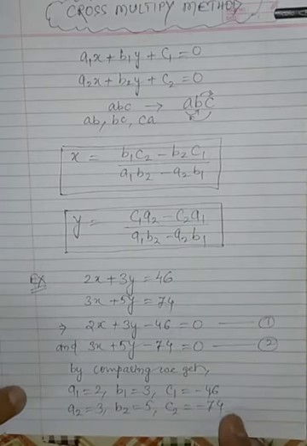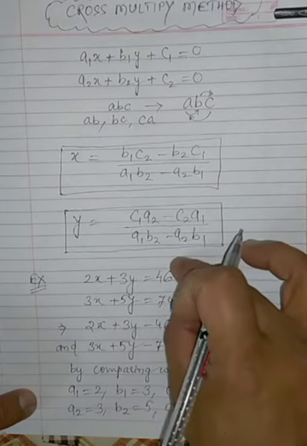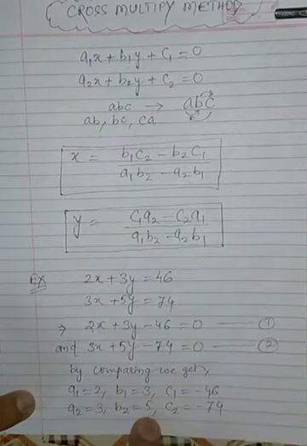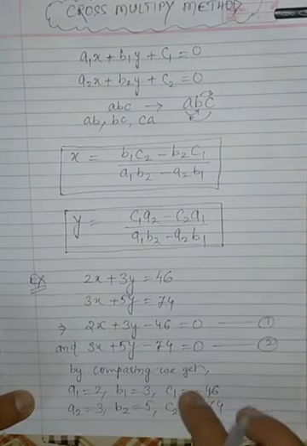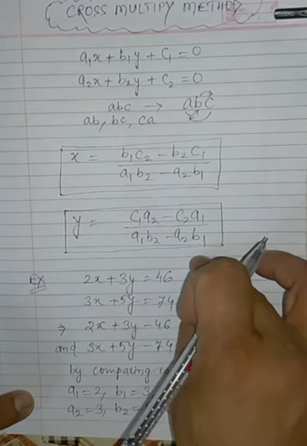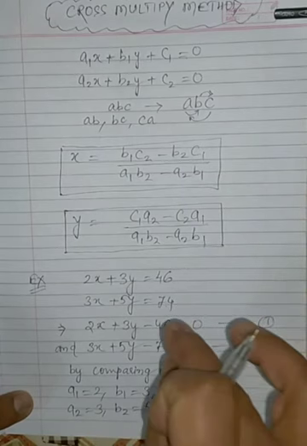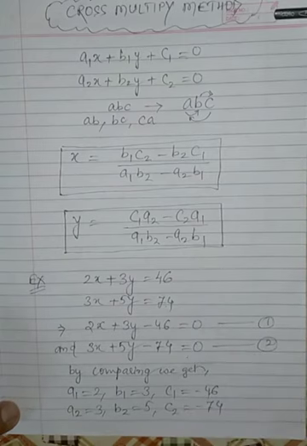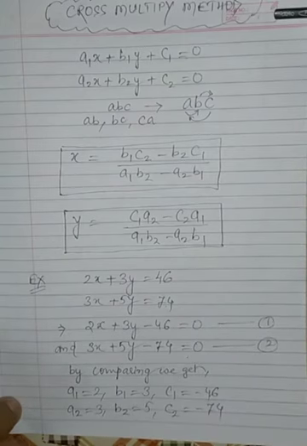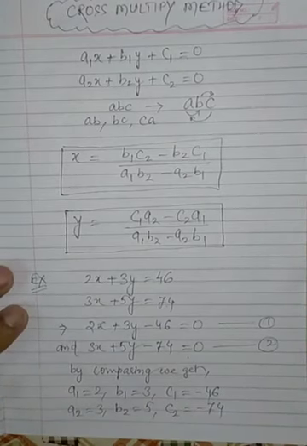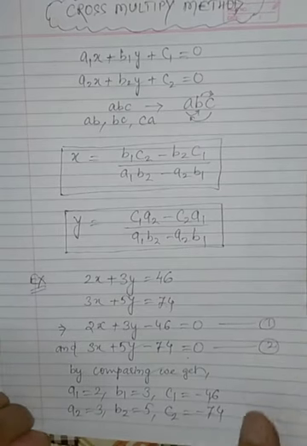Now you can see, children, if you compare these values from these two equations, these two signs will come the same, but the signs of c1 and c2 will be positive if we take them from this. But if we are converting them into the standard form, then the signs of c1 and c2 both change. So this is very important that we convert into standard form. Now let us put the values of these coefficients and constants in the formula.